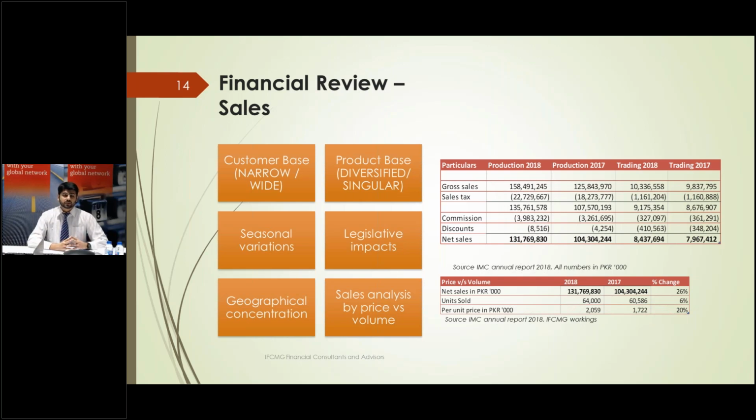Another impact that we must consider when analyzing the performance of sales is the seasonal variations. Now, it's not necessary that the company's seasonal fluctuations are all documented within one financial period. So, for example, we have 2 or 3 seasonal variations in Pakistan. The first is Eid, when a lot of people want to buy a new car. So that is one seasonal impact that sees a hike in sales.